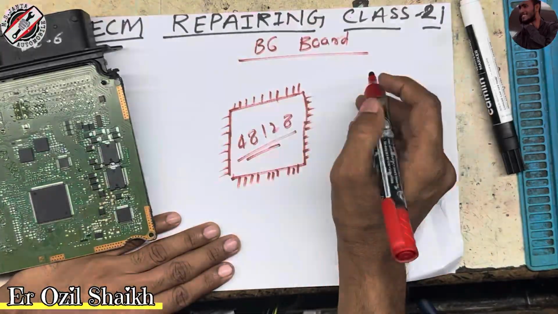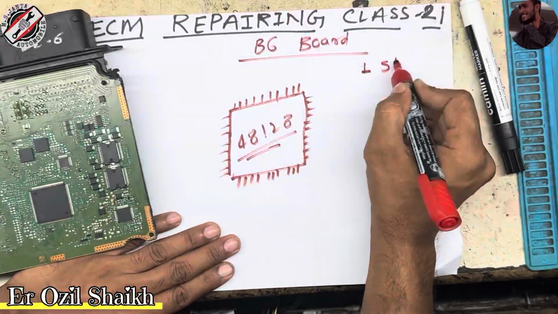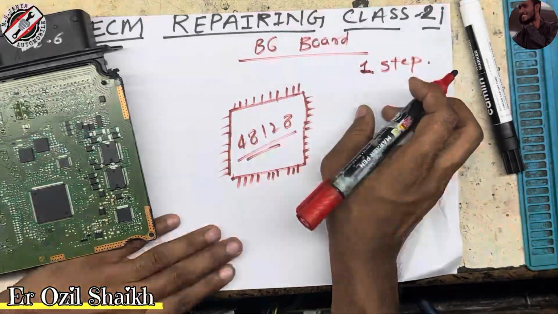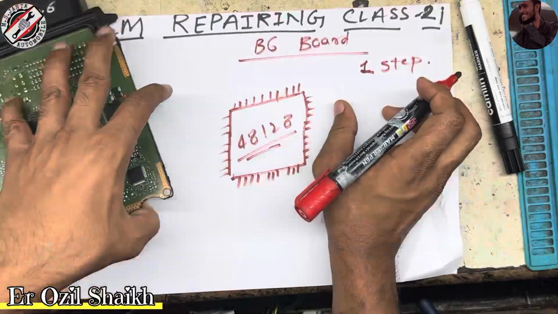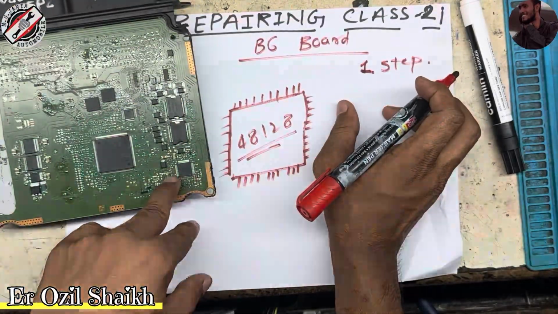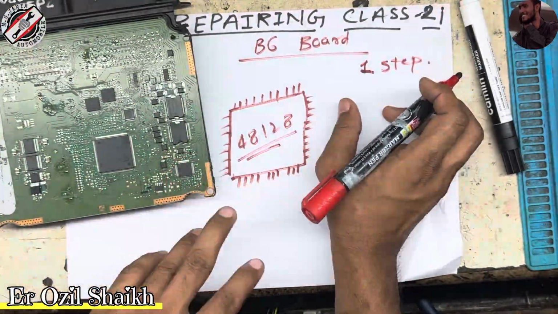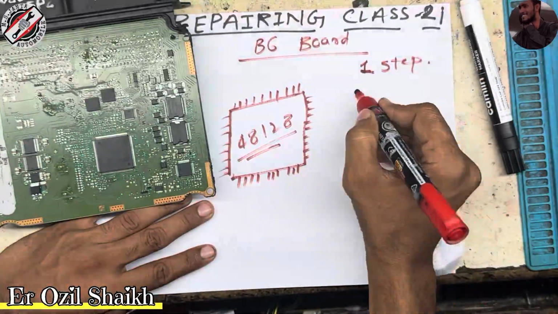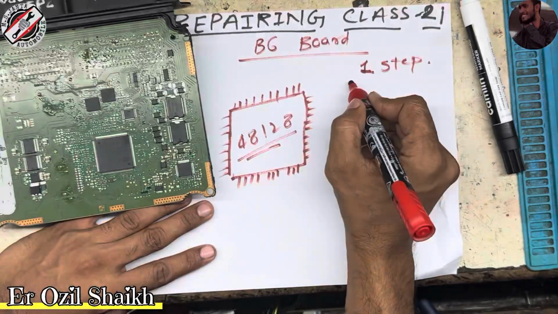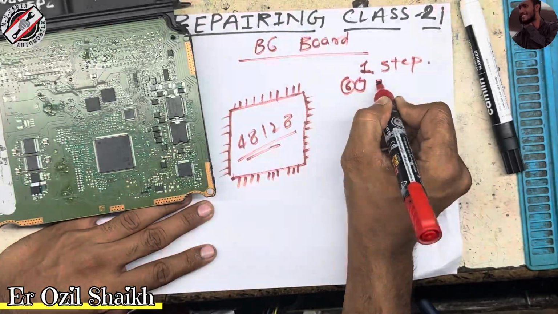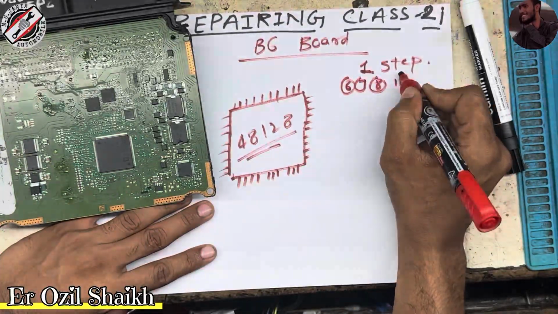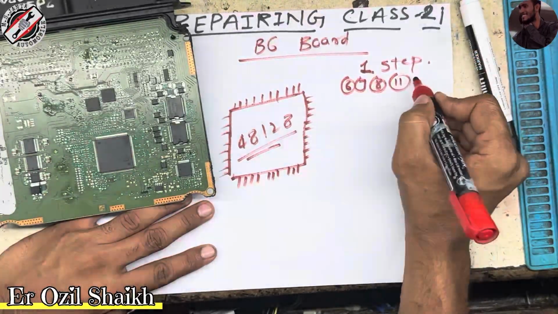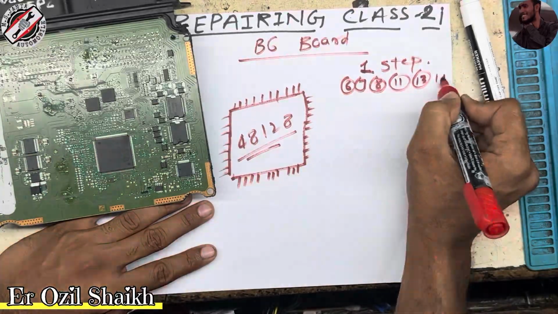Now I am going to teach you the first step. What is the first step? How can you find the fault? The first step is that you have to know which pins of this power IC are ground. So this IC pin numbers 6, 7, 8, 11 are ground, and 13, 14, 15,